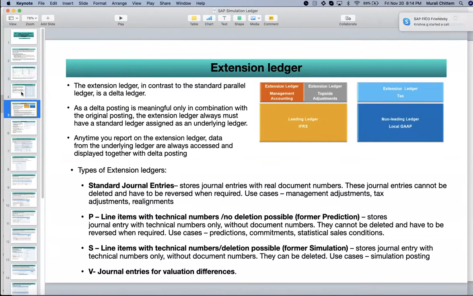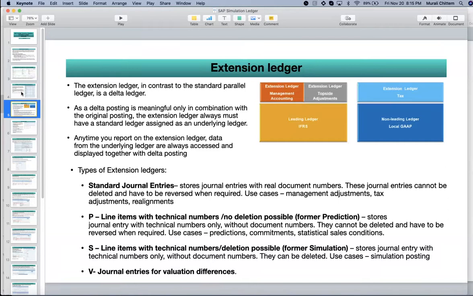extension ledger. The second one is prediction ledger. We already discussed this, and in all the versions, they are changing the names. Right now, from 1809 onwards, they are not appending or prefixing any ledger name, but they are going with line items with the technical numbers, no deletion possible.